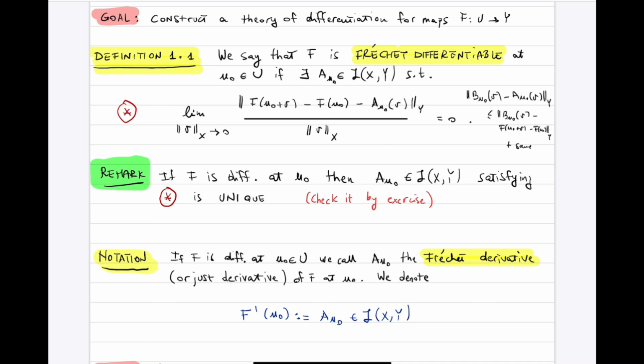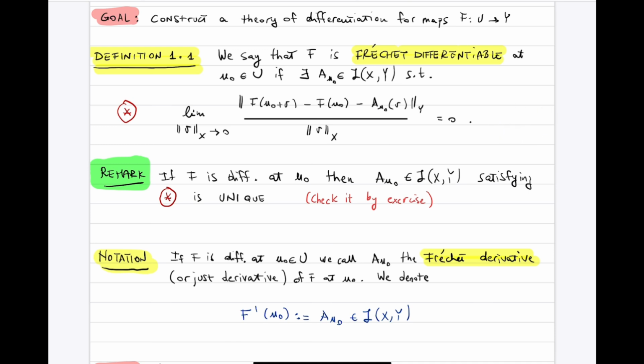Of course this first term here will go to 0 when divided by v, because you're assuming that b u0 is a differential, and same for this one, so also the second term goes to 0. In total you've shown that these two linear continuous functionals here coincide on v. Since v was arbitrary, you conclude that they are the same. So there is only one Frechet derivative if it exists,